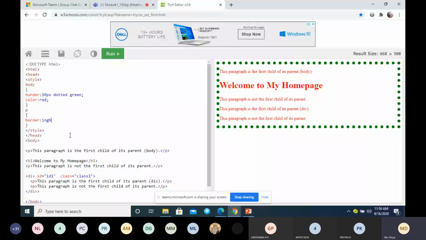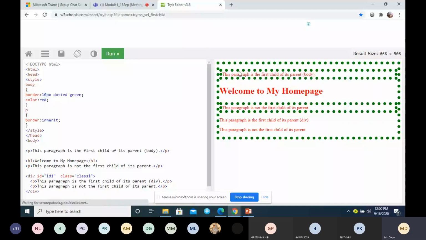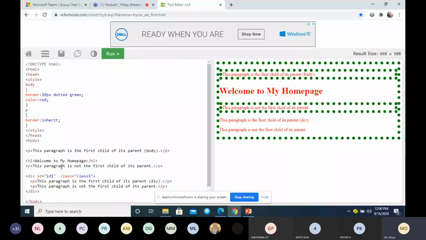You can see, how many paragraphs do I have? 1, 2. For these, the parent is body, correct? For this paragraph, the parent is div. For these two paragraphs, the parent is div.